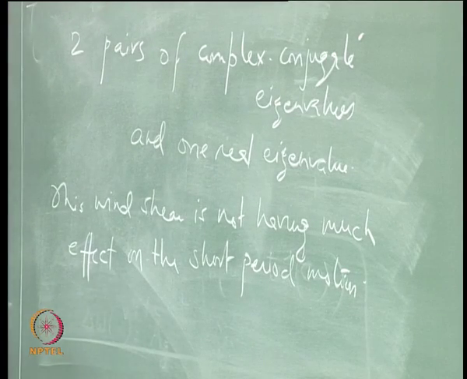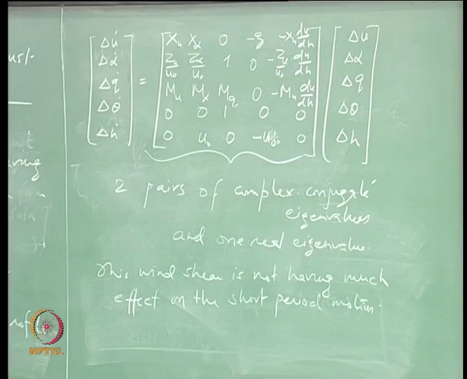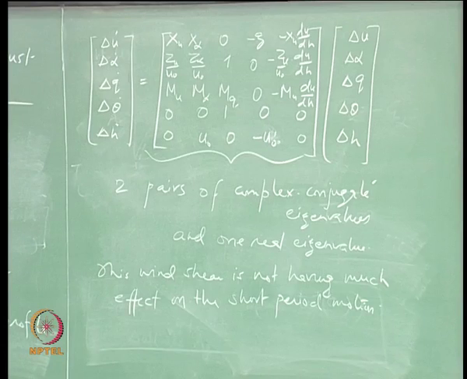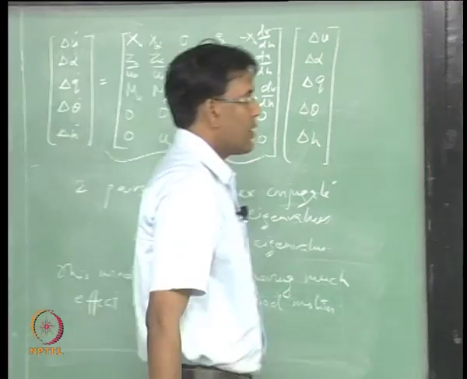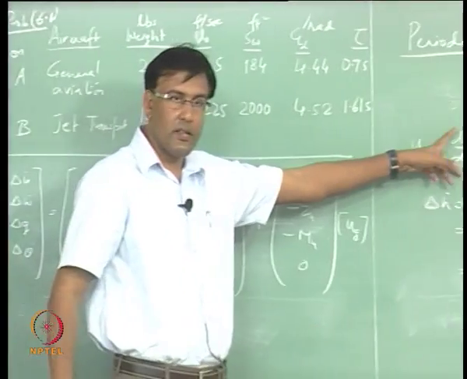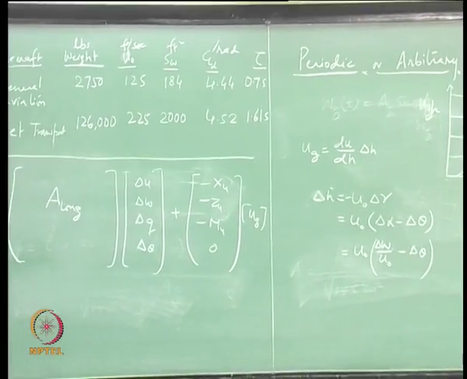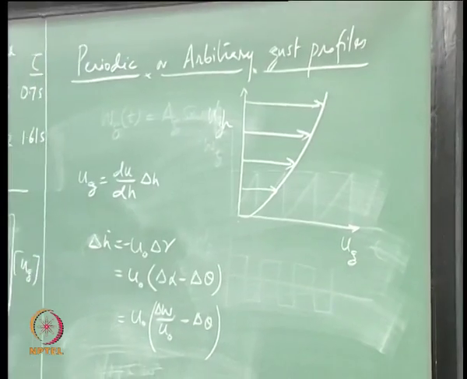But it will have an effect on the Phugoid motion, and if you want to plot how Phugoid mode eigenvalues are moving in the complex plane when you change this gradient, then what you get is